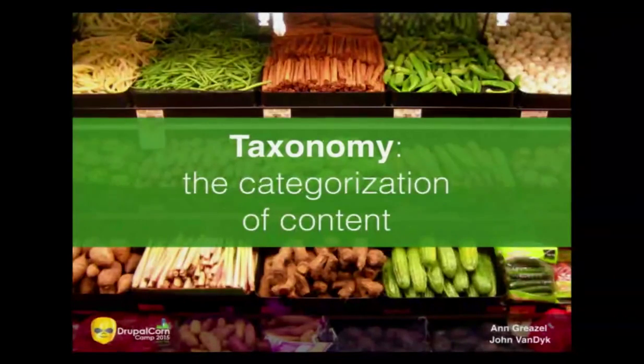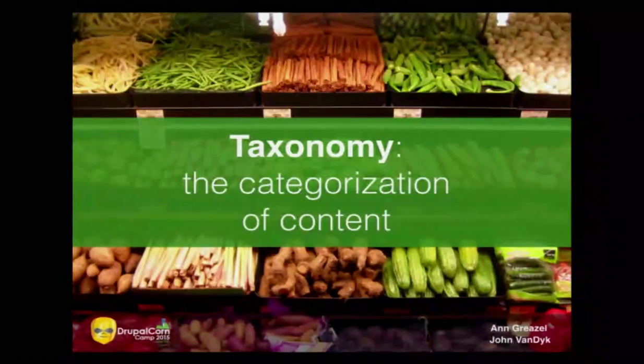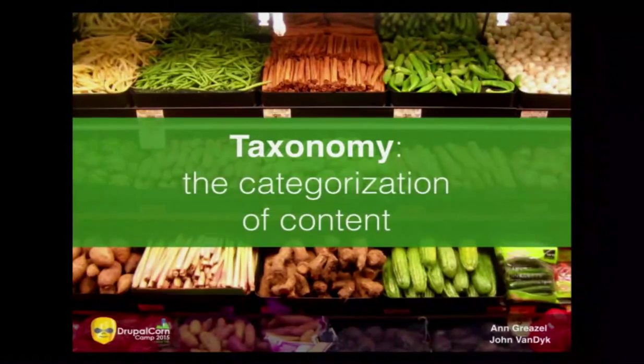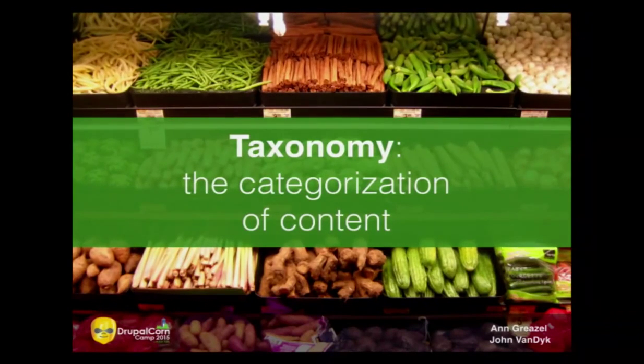All right, taxonomy is the categorization of content. Whether your site is big or small, you need a way for people to sort and sift through all of the content that you have. One of the eye-openers for me was the keynote yesterday, when she said there's 800,000 pages of content on a Microsoft site that are just sitting out there that nobody can even find. You don't want your site to be like that. So taxonomy is a tool to basically take your content and make it sane.